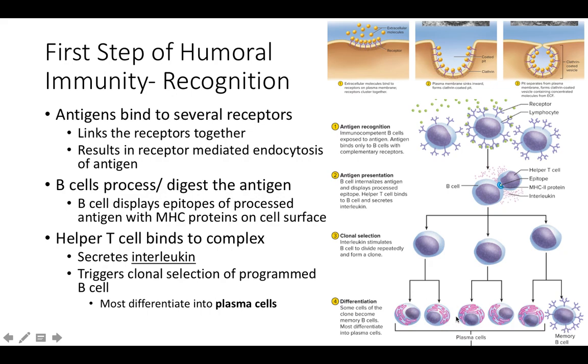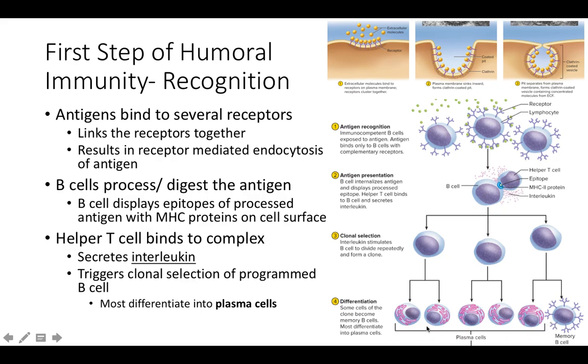So again, let's go through this one more time. Recognition, basically an antigen binds to the surface of the B cell. It's brought into the cell through endocytosis. The antigen, once inside the cell, gets chopped up into little tiny pieces and exposed. The epitope gets exposed on the MHC protein of the B cell. What that does is it presents the epitope to these helper T cells, which will bind and secrete interleukins. That interleukin will stimulate the production of more B cells, or cloning, and the majority of those B cells will